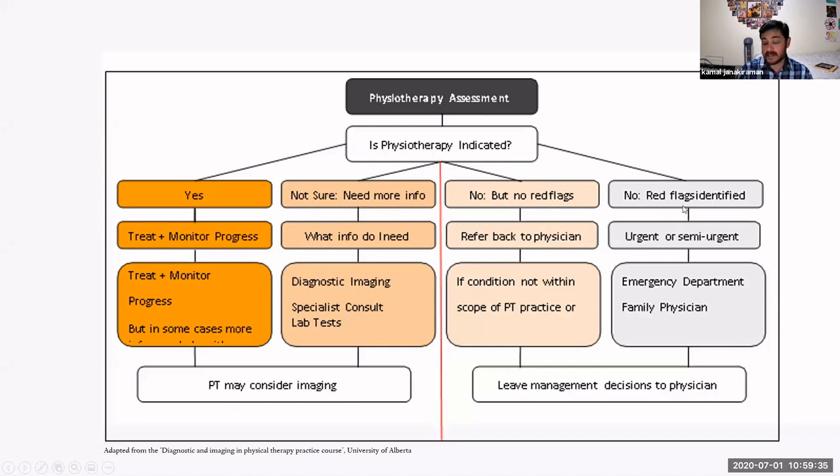Physiotherapy is not indicated, but there are red flags. Red flags are some of the serious things you need to pay attention to immediately. Okay? You have to decide whether it is urgent or semi-urgent. Accordingly, you have to send them to the emergency department or send them to the doctor immediately and leave the decision to the physicians. Okay, this is the flow chart